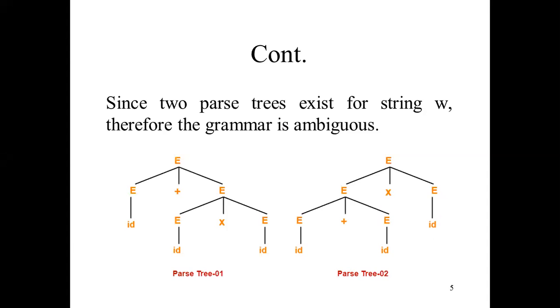So these are two options, or if you have any other option to get the same output, then you can use the other method also. So by using both trees we will get the same string, or if we are getting the same output using two trees, it means the grammar is ambiguous. So this is called the ambiguous grammar, means faulty grammar. If we are getting two trees, it means faulty grammar.